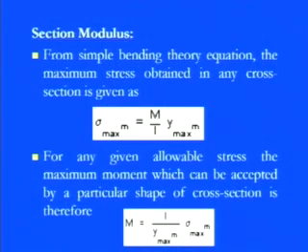First is the section modulus. In that you see from the simple bending theory, whatever we discussed in the previous equation, sigma by y is equals to M by I is equals to E by R. From that equation you see now our main intention is that when the bending moment is applied on this particular beam, then which area is influenced by the maximum bending stresses or the minimum bending stresses. And so for that you see here the simple case just gives you that the maximum stress which can be obtained at any cross section, sigma maximum, that is the bending stress maximum, is equals to M by I,